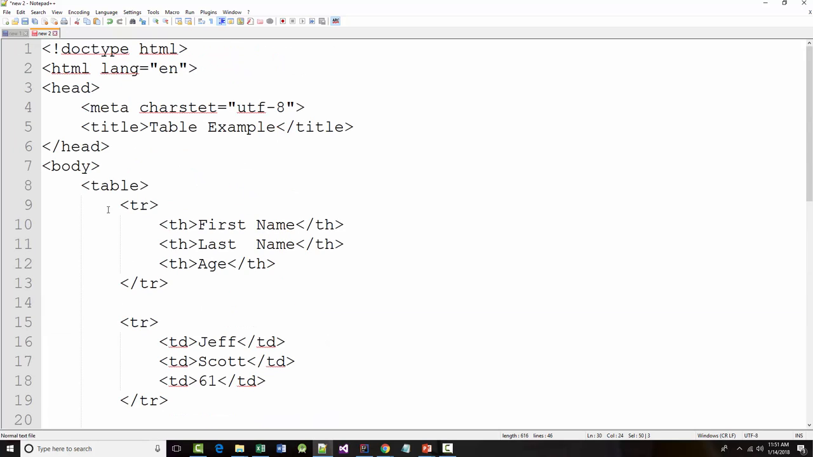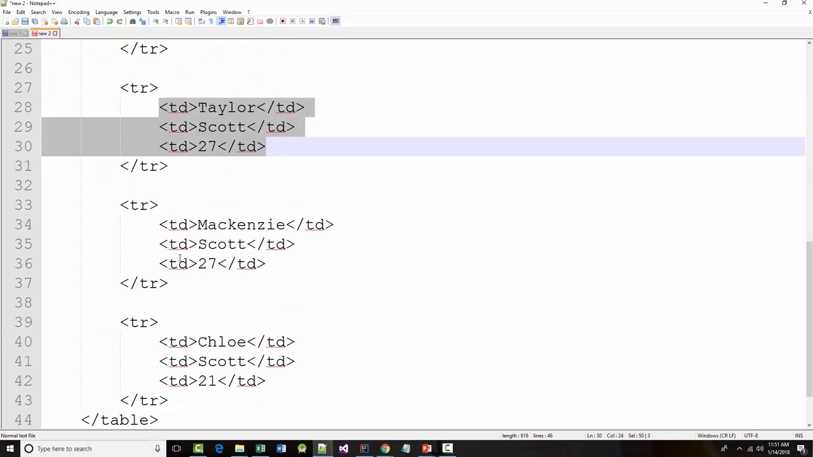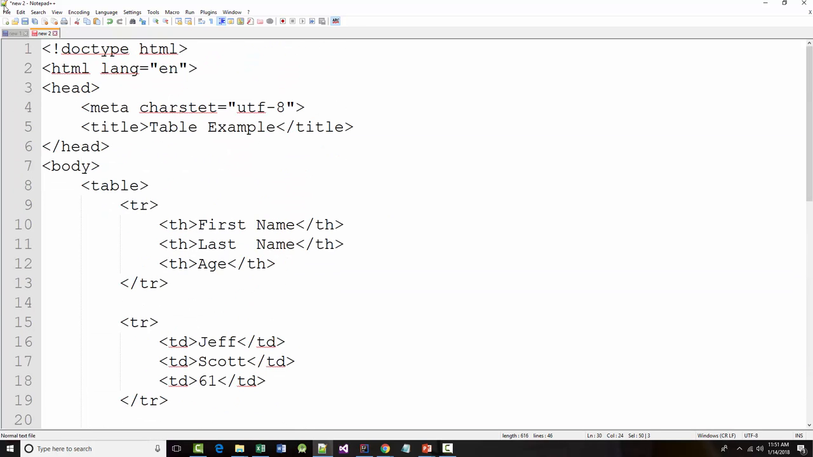Alright, so tables contain table tags. Underneath that you've got TR tags for table row. The table row tags, TR, contain either TH for table header or TD for table data. So if I save this,